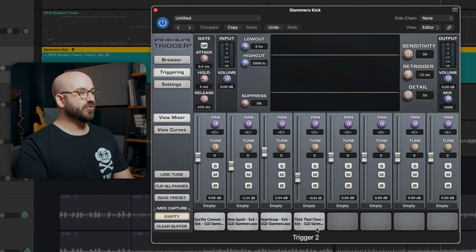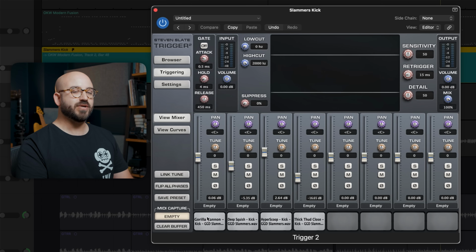And for kicks, we've got 4 here. We've got Gorilla Cannon, Deep Squish, Hyper Scoop, and Thick Thud Close, which there's very little of in the mix and probably could just be muted altogether. But as you can see, there's a bit of balancing going on here. So I'm actually using quite a lot of Hyper Scoop and boosting that up by 2.5 dB, a little bit less of Deep Squish, and just at parity with Gorilla Cannon. That sounds like...